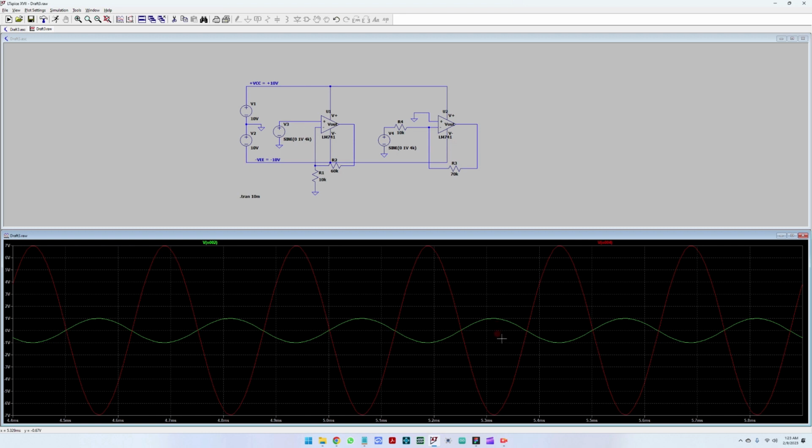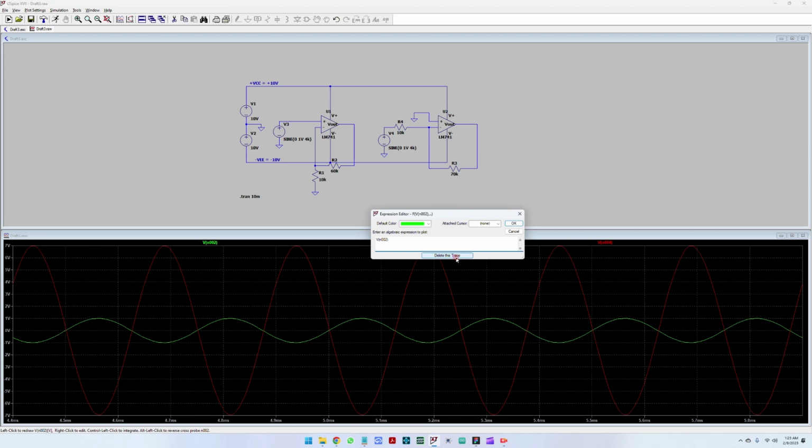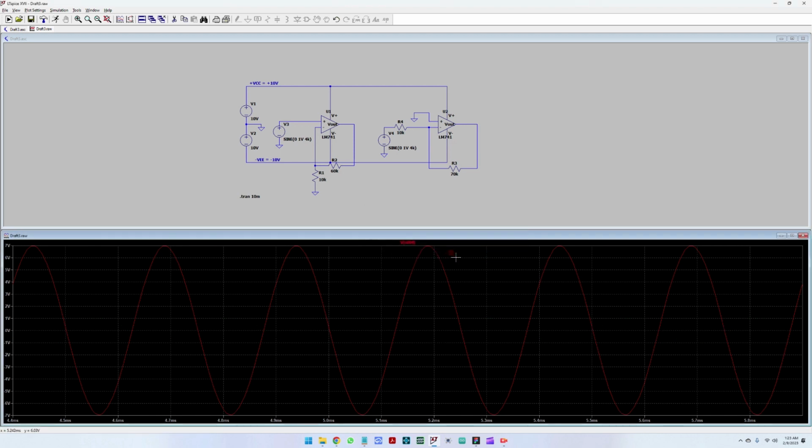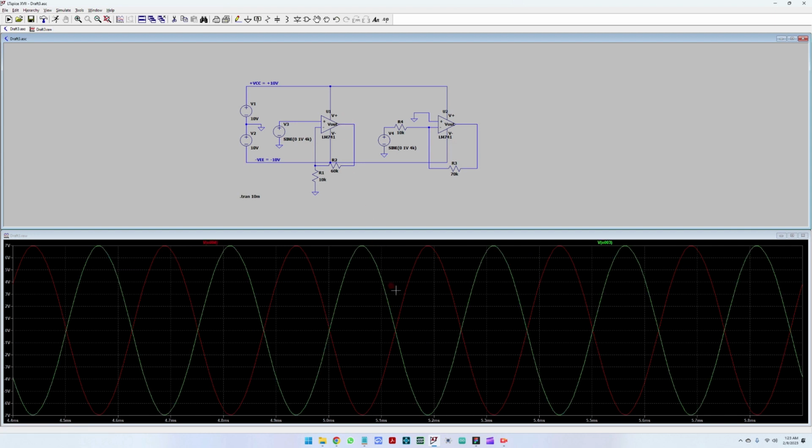So this is the main difference between an inverting and non-inverting operational amplifier. And let's look at the two waves. So these are dephased. So when one goes up, the other one goes down. So they are perfectly dephased here. Okay, great. The last thing that we said that we would be discussing today is